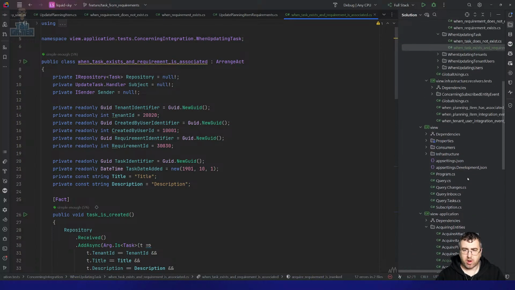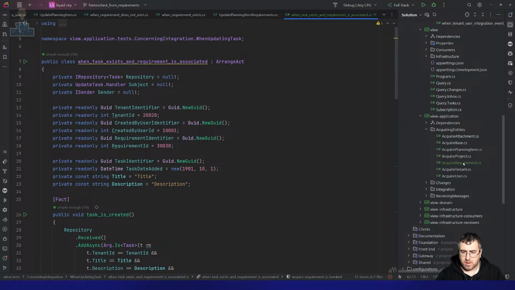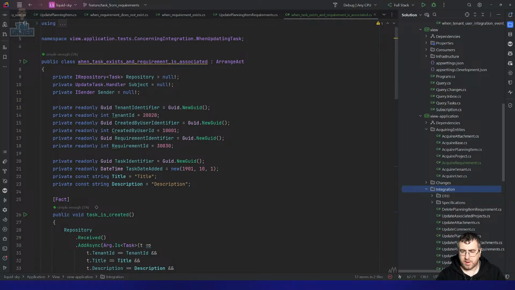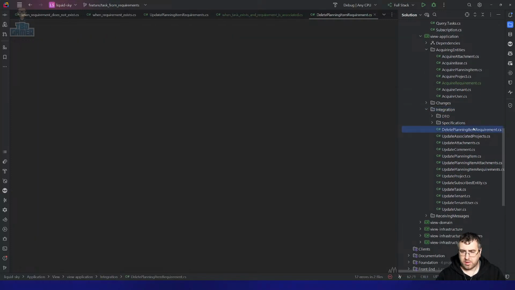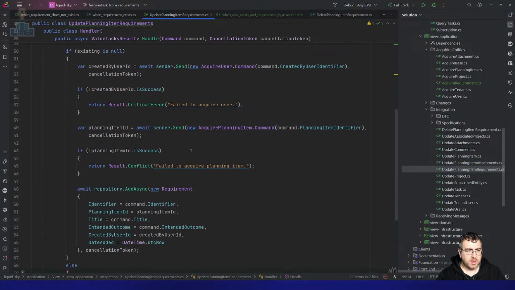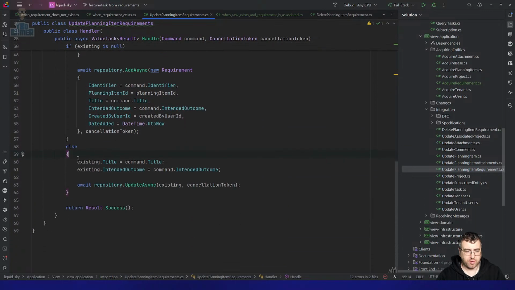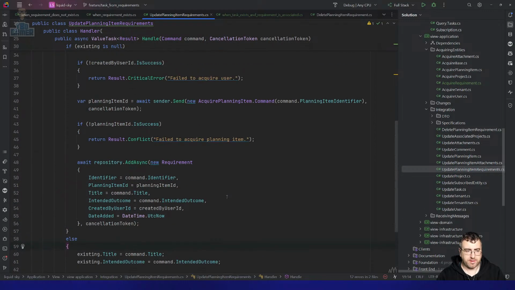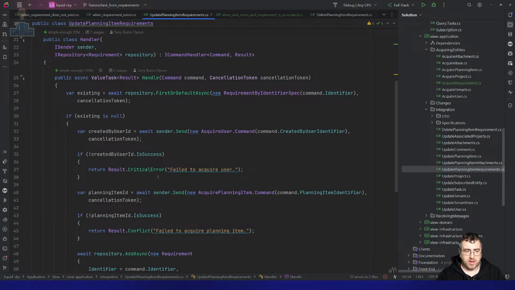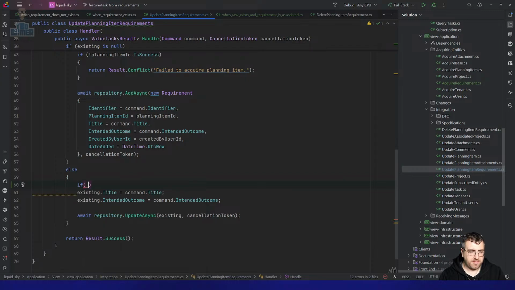But it does give us the knock-on impact of having, now when the requirement actually comes in, right? Update requirement, update planning item requirement. Oh no, that's update. If it exists, that's great. If it exists, sorry. So in this case, it will be existing. So it'll get here. We also now need to say, okay, was it acquired, right? So if